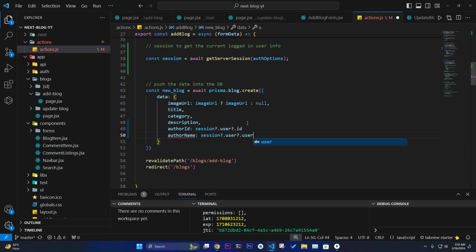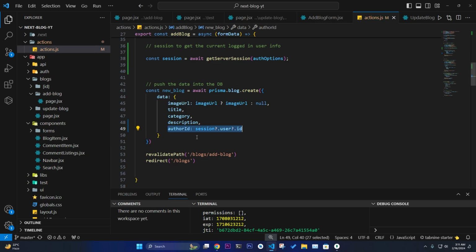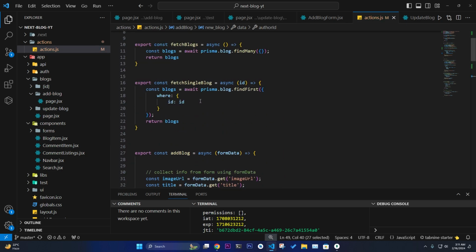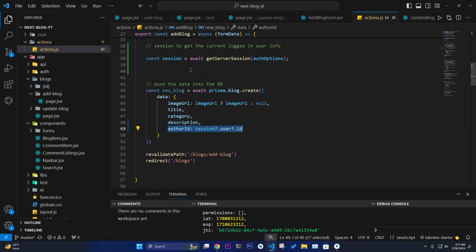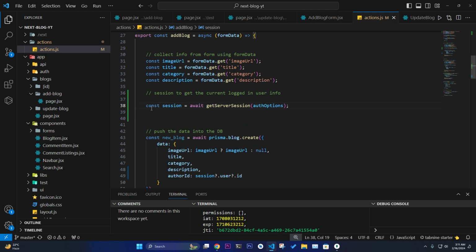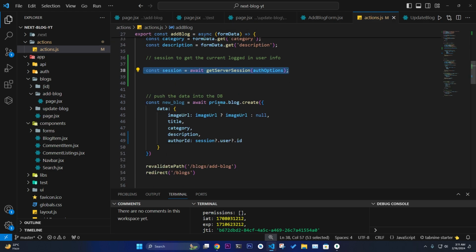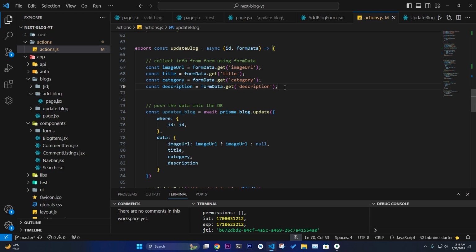session.user.username. You can pass this kind of stuff. Okay, it's completely up to you, but I'm just keeping it simple. I'm just tracking using the author ID, and we need to add this for all of this stuff, like updating the blog. We need this, so we can just copy this code. Okay, we can just copy this code and pass here